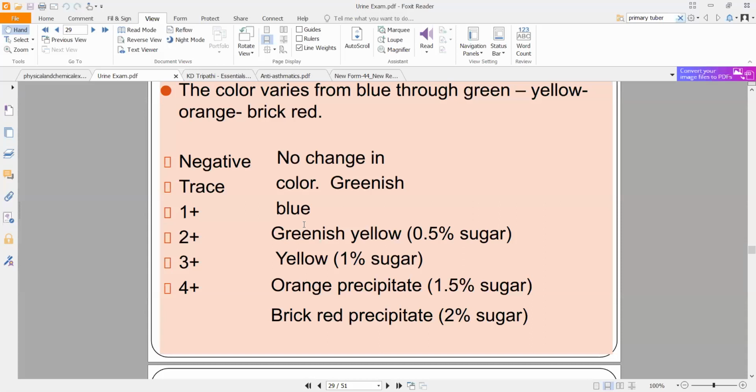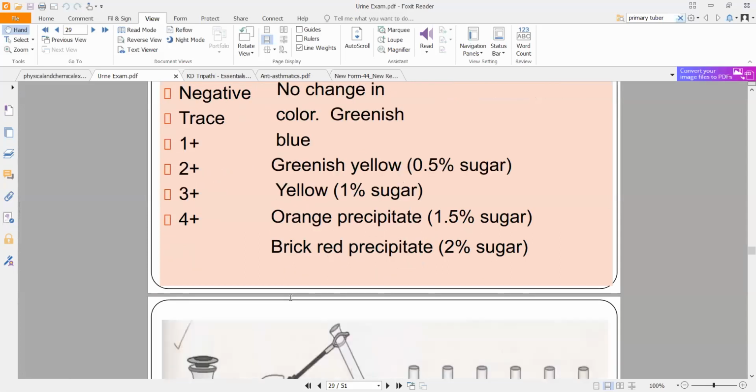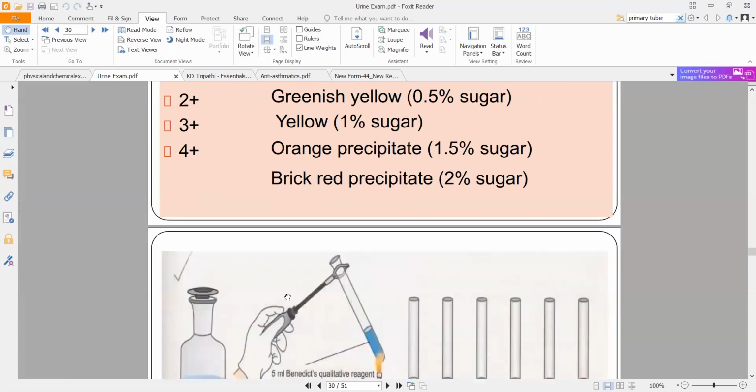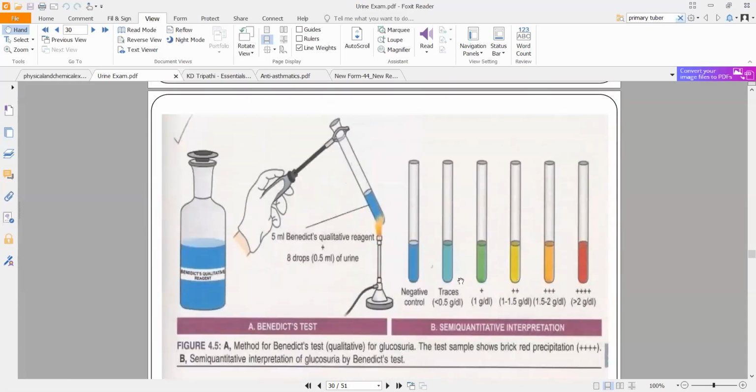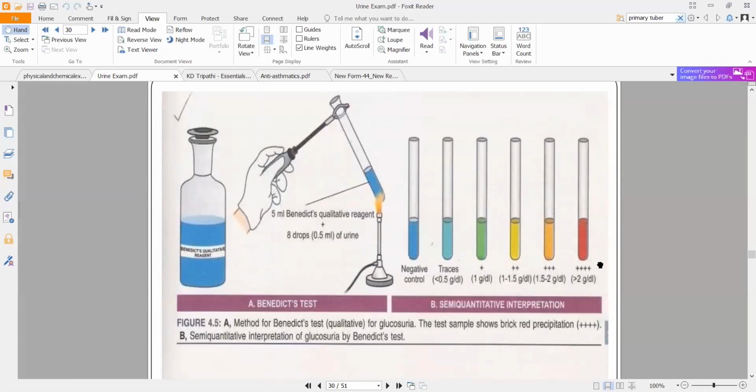So during that period of time, if you check the urine of some patient, it might go all the way up to a yellow or orange precipitate, simply because on that day they had more sugar, which translates to more sugar in your urine. All right, there's a limit to how much sugar your body can absorb. After that, it will start excreting. Right, so this is how you do the procedure. You get different colors based on different amounts of glucose present in it.